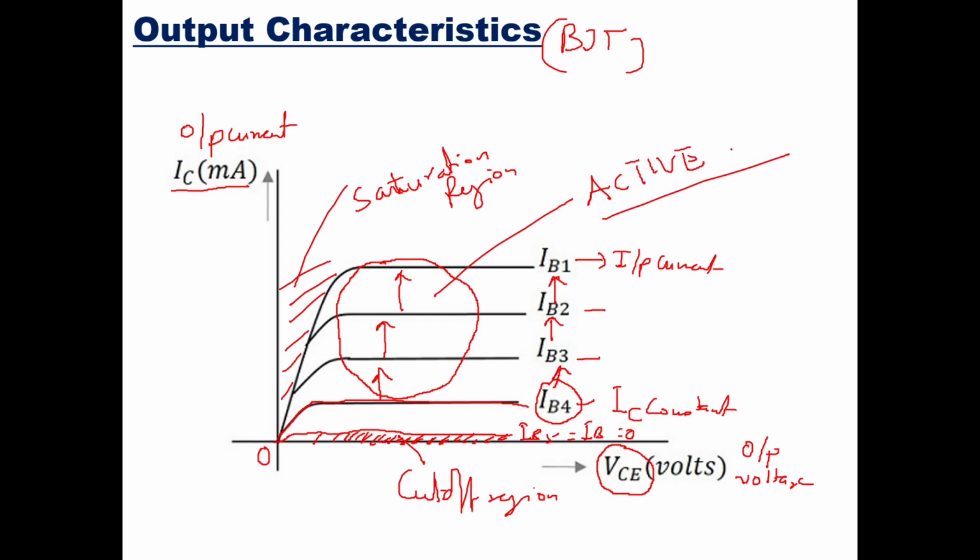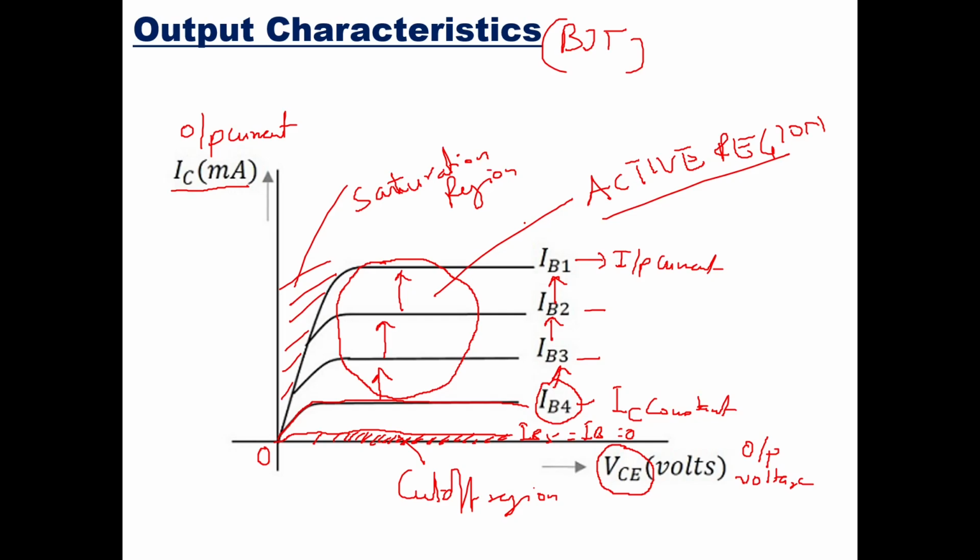Okay, so active region. Now you can see the saturation region, cutoff region, and active region. This we have already studied in semiconductor devices when we studied the output characteristics of BJT. Okay, and this can be obtained even if the signal is not applied, only if your biasing voltage is applied. Now here this is the output characteristics, which you can have even when the signal is applied also.